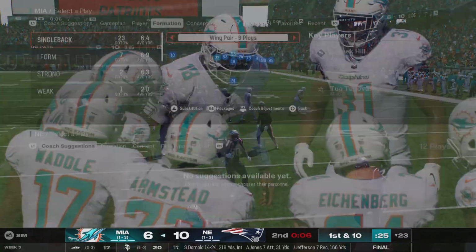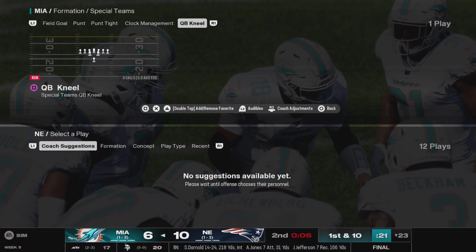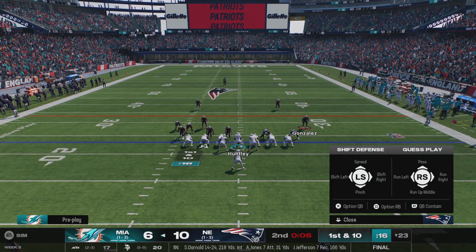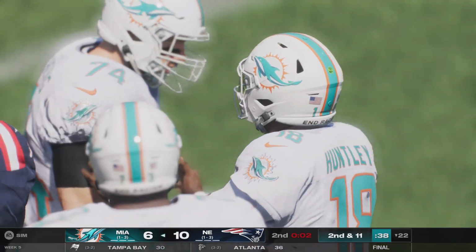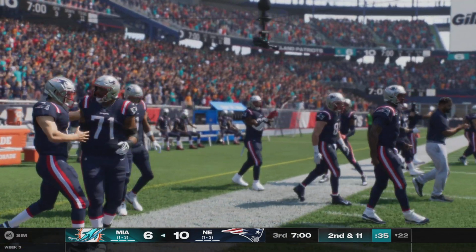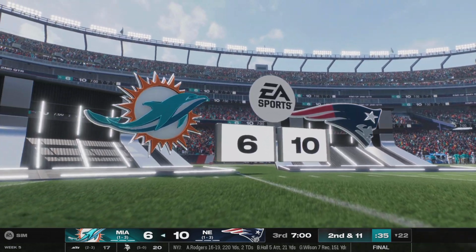And we will not see a return on this one, as it will be marked down. Operating from their own 23, they'll begin 1st and 10. And they'll elect not to run another play. Instead, just take a knee and take this on into the locker room. So we've come to halftime here in Foxborough with the Patriots on top, as we'll head down the coast now